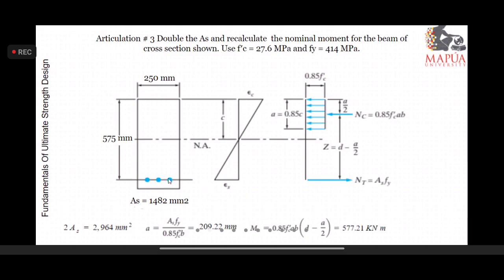If you will remember, the nominal moment a while ago is equal to 320.7 kilonewton meter. This is a bit higher than that one, but the extent of the increase is simply 80%. That's the difference of this divided by 320. So 80% increase. A 100% increase in steel reinforcement will not guarantee